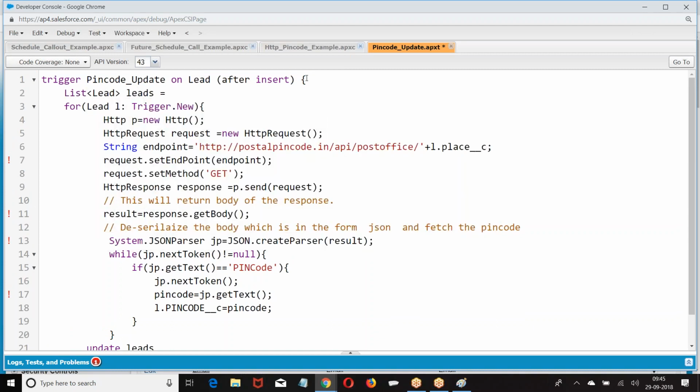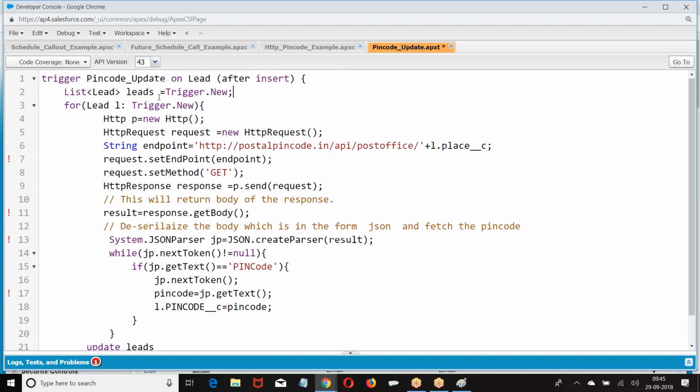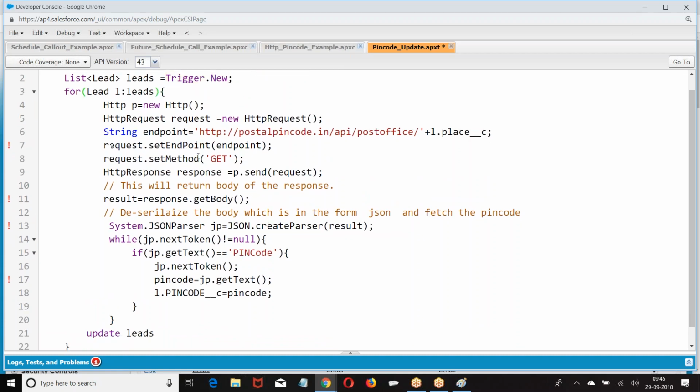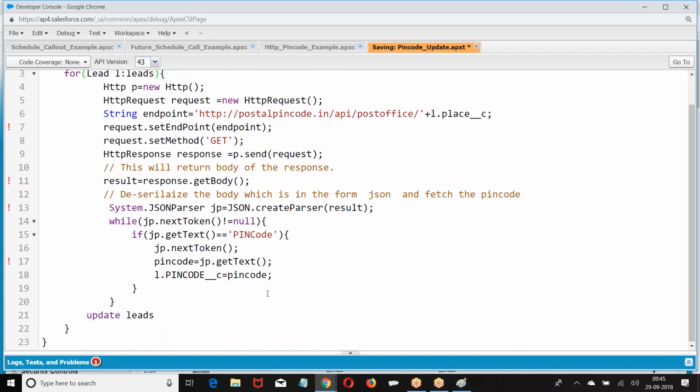First, get the concept. There are going to be a couple of errors because we are invoking from the trigger. First, let us fix all the bugs we are going to get. Then we will try to understand the concept.